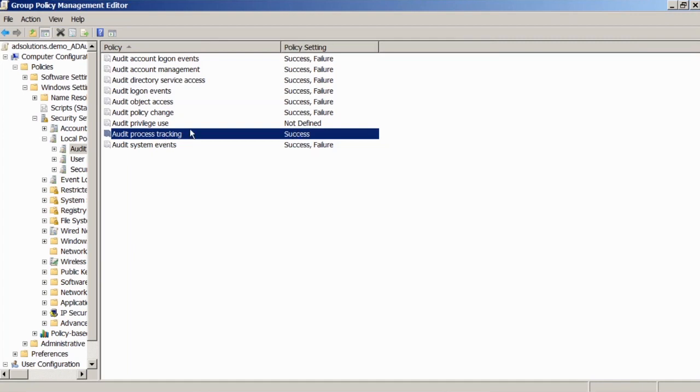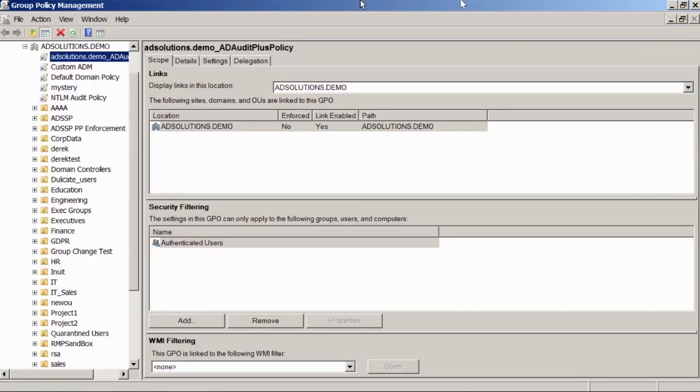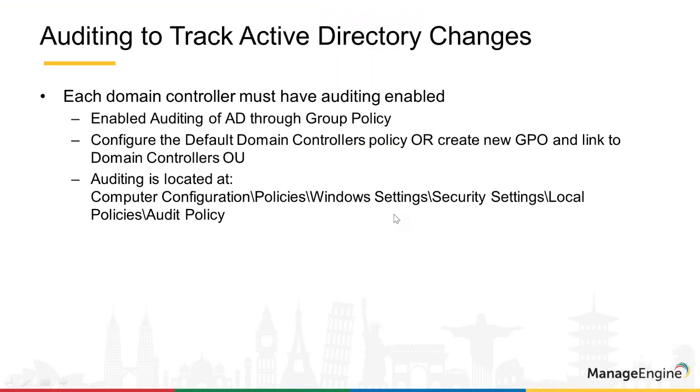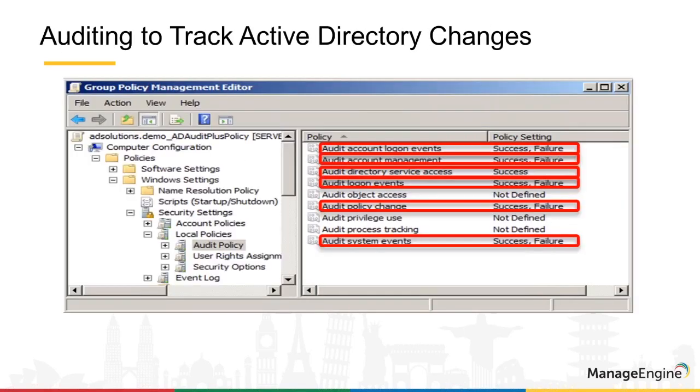So this is where you go to enable auditing, enable the tracking of what's going on. Inside of group policy, you need to configure the audit policy and target it towards your domain controllers. Notice that I'm saying configure the default domain controller or new one. I suggest a new one. And then you're going to go to this location in the audit policy to configure that. You're going to set up what you want to define to track that behavior, what's going on